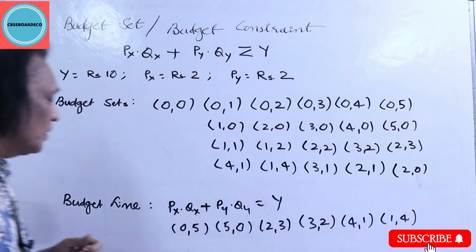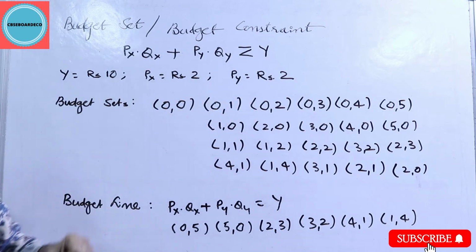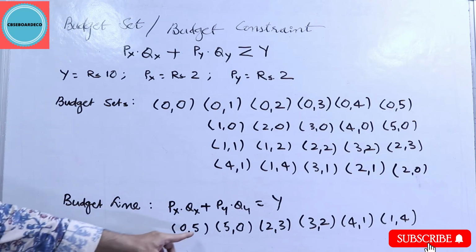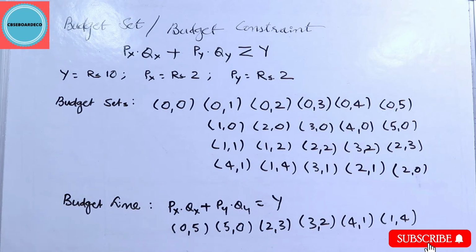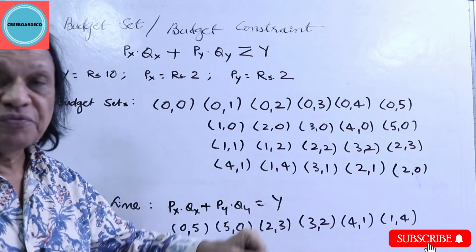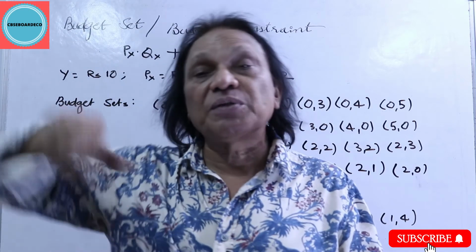Let's say the same example. You have 10 rupees with you and price of X is 2, price of Y is 2. That means you can have Px Qx plus Py Qy equal to income. Either you spend all the money on good Y, you're buying 5 units of this, so it will be equivalent to 10 rupees. That's all your income. 0, you're not buying any of this. Or the other way around, you can buy all of good X and 0 of Y. Or you can have 2 of this and 3 of this, that is rupees 10, and 3 of these, 2 of this, 4 plus 1 or 1 plus 4. That is all you have on the budget line.